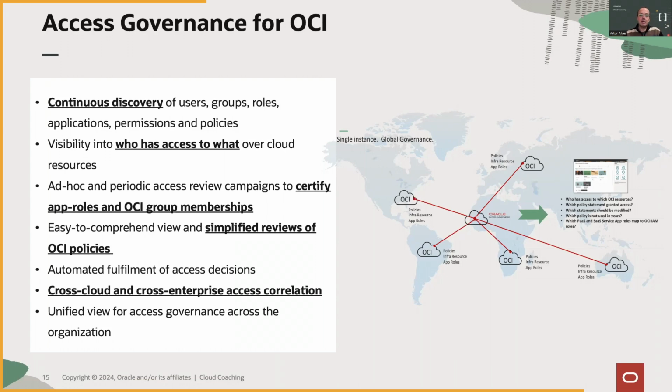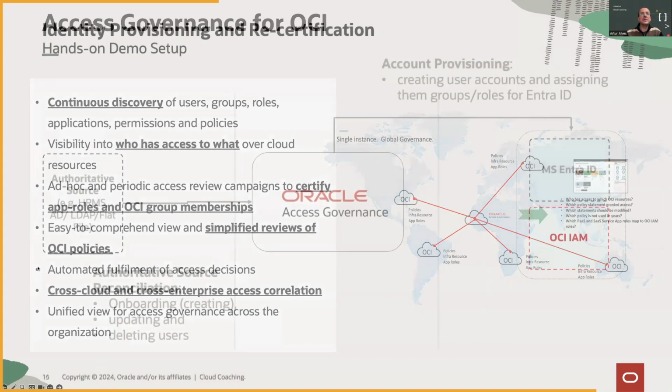This gives you the level of detail to inspect those access details and act upon them. You can manage many OCI tenants with one single OAG instance. You don't have to have a one-to-one relationship between the OAG instance and the OCI tenant it manages. You can use it as a central point, a unified platform for your organization, where you can see all access across multiple cloud tenants and enterprise applications. It doesn't have to be all about OCI. You can aggregate everything together.